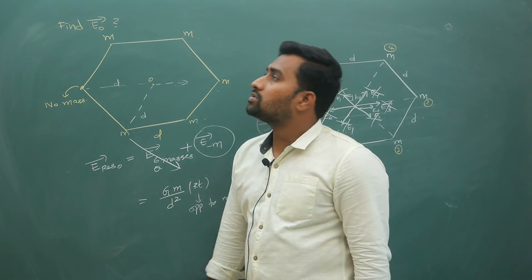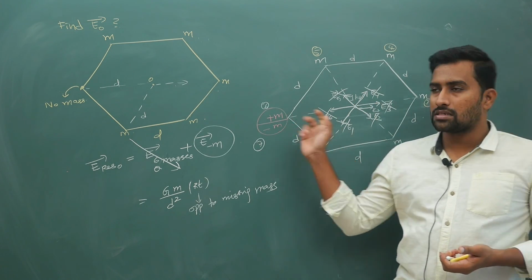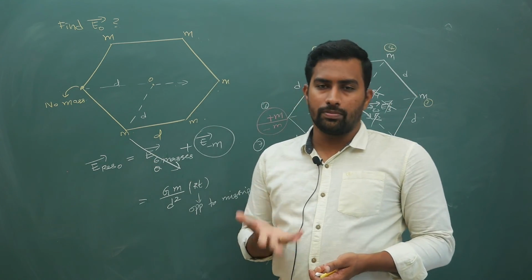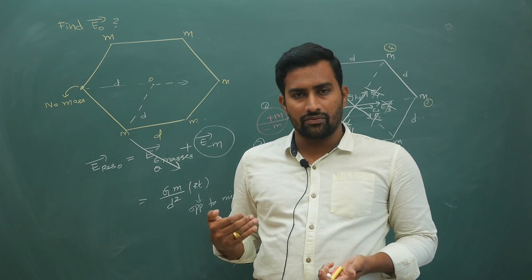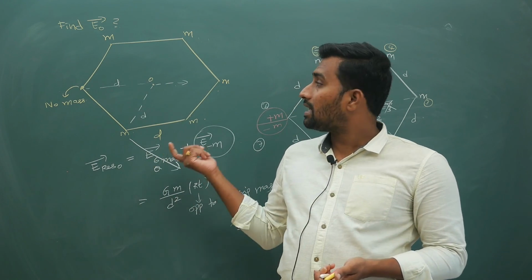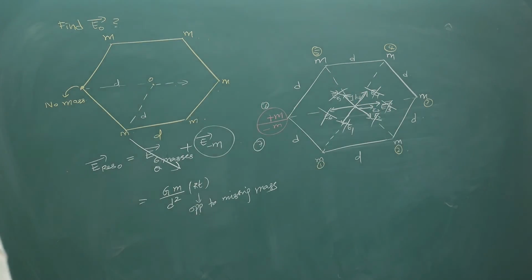Like this you are supposed to give answers. Okay, sometimes you have to add this positive and negative mass to compensate. They can give you a cuboid, and opposite corners of the cube will cancel off if the complete set is there, but out of that they will remove 1 or 2 masses and ask you to calculate the field due to the remaining masses. So if such kind of questions come, you are supposed to do them carefully like this. Okay, right? With this we will stop the